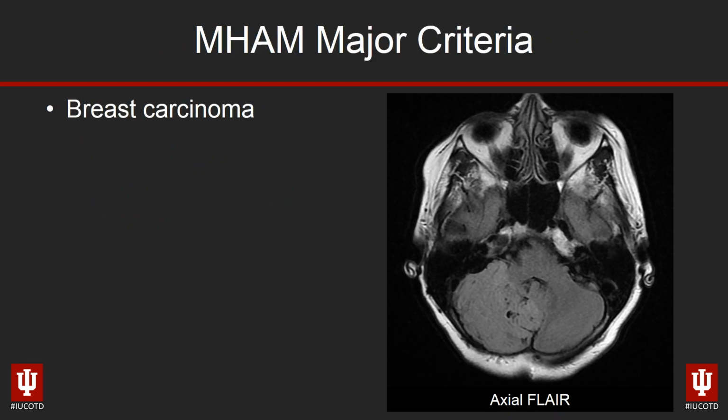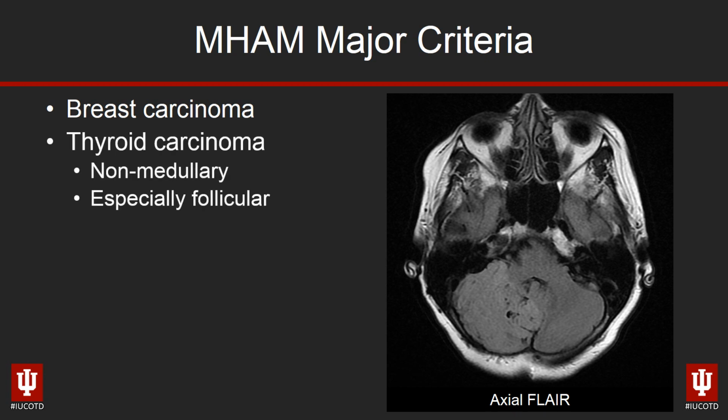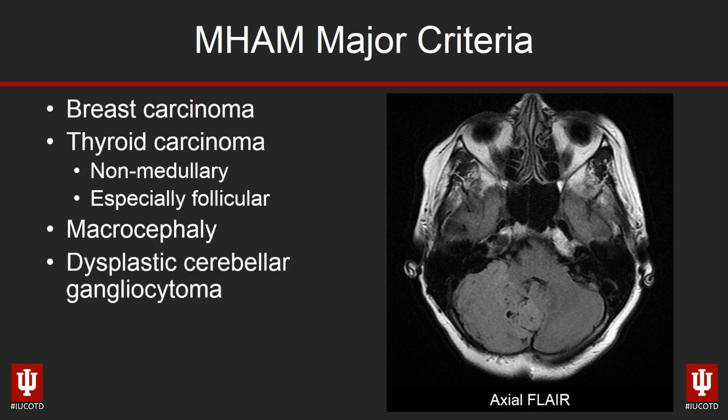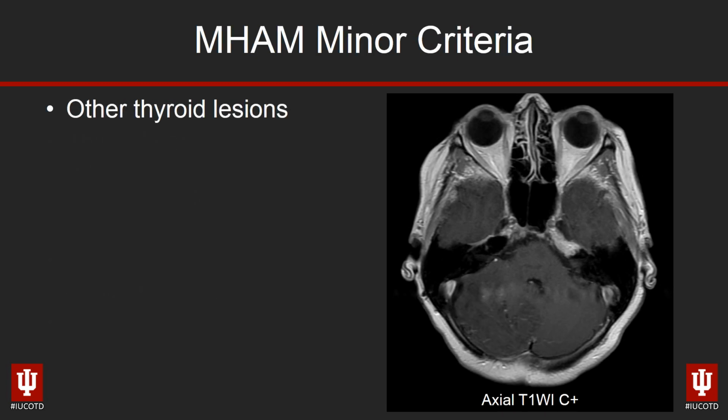There are several things that are considered as major criteria that as a radiologist you will see with frequency. And those include breast cancer, thyroid cancers, especially non-medullary and follicular thyroid cancers, macrocephaly, which may be due to the fact that they have long-standing obstructive hydrocephalus, dysplastic cerebellar gangliocytomas, as our case demonstrated, endometrial carcinoma, and then there's